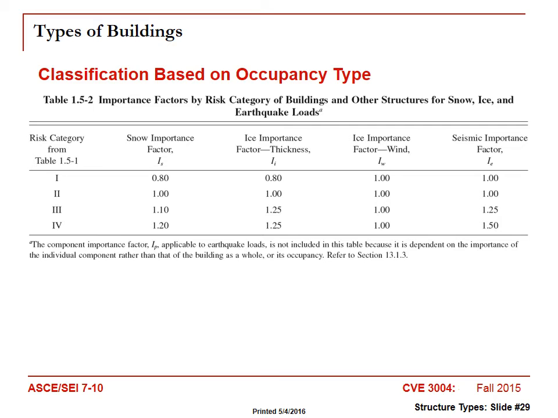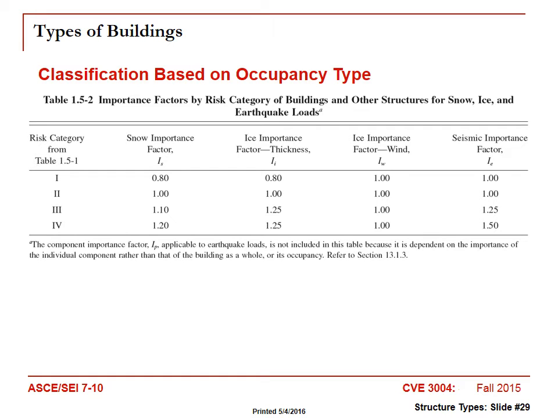But for instance, like the seismic importance factor. If I have a building that's a very low risk category, the warehouse where nobody's in or 1 person's in, I'm going to give it an importance factor of 1. So I'm going to take my loads and multiply them by 1,